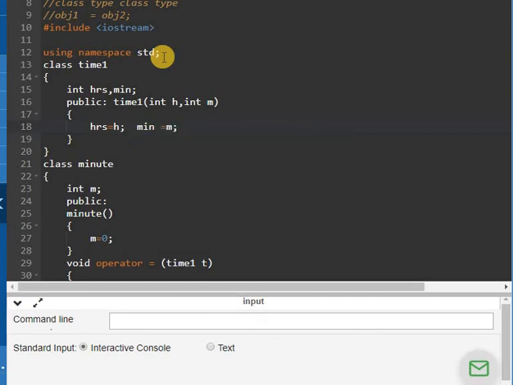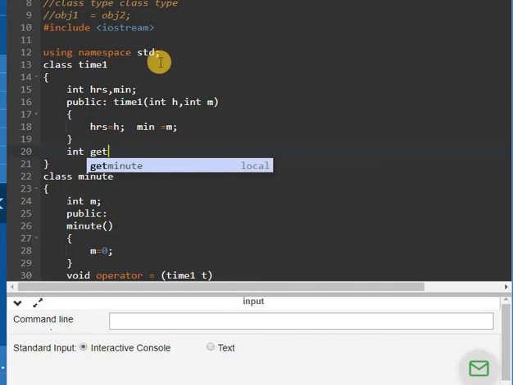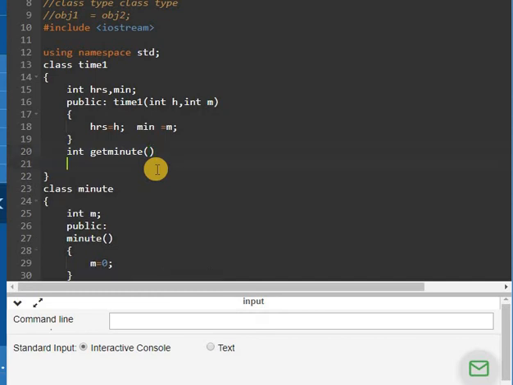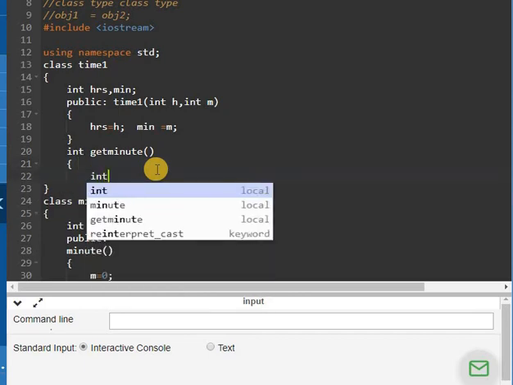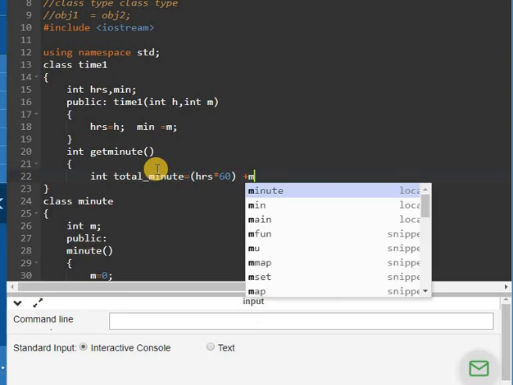I also have to take one input function, get minute, wherein I write the logic to extract the minutes from the given hours and minutes. I will take this variable as the total minute, which is equal to hours multiplied by 60 plus the rest of the minutes.